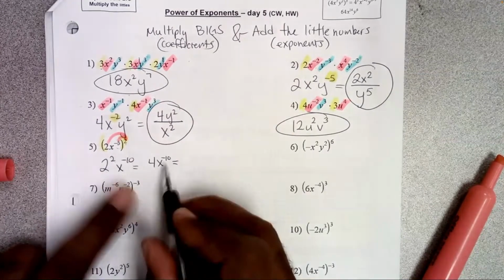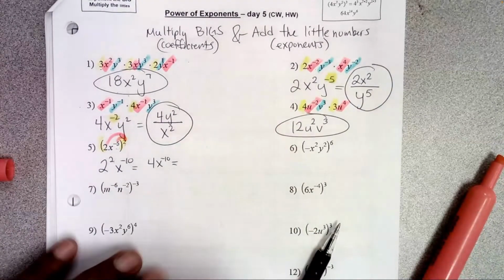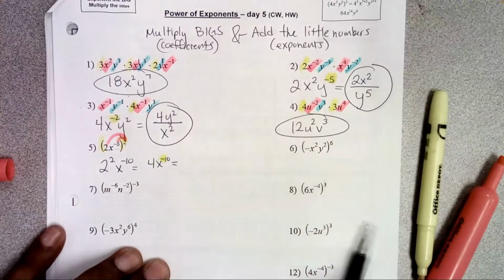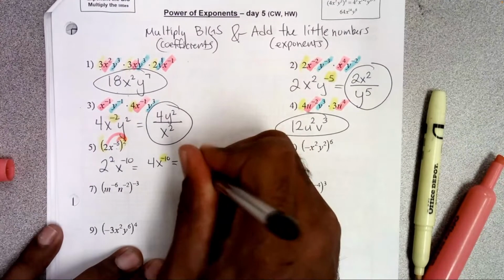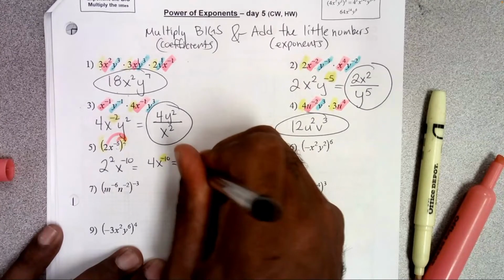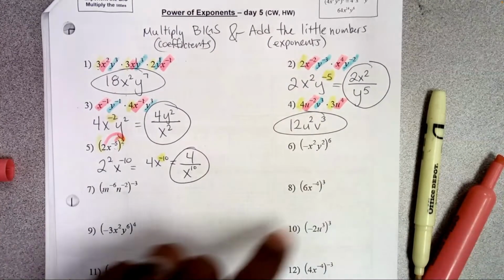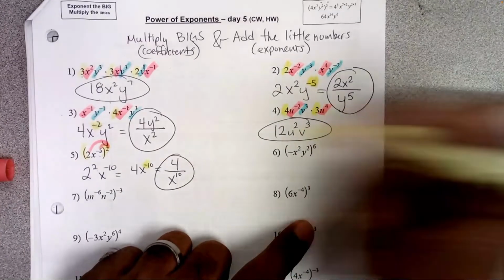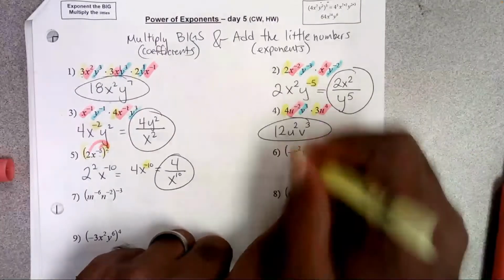And then the second thing is, just like the ones we had over here, we have a negative exponent, so we got to move that down. The 4 stays on top. The x to the 10 goes to the bottom. Okay? And again, as you go through this, if you need to pause the video, you can always pause,